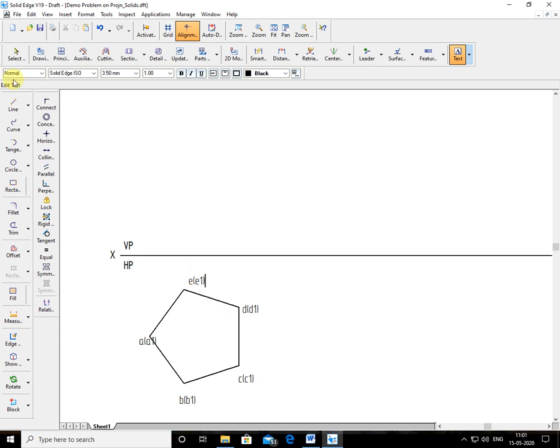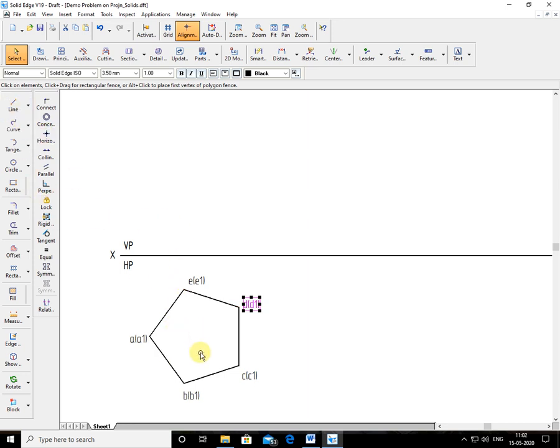So here the letters coming in the bracket are of the base, and letters coming outside the bracket are of the top. Okay, that ABC is the top face, A1, B1, C1, D1 is the bottom base. Now I'll project it. Before projecting, you should find the center of the pentagon. How to find it here? Now use a bisector. At least you have to draw 2 bisectors.